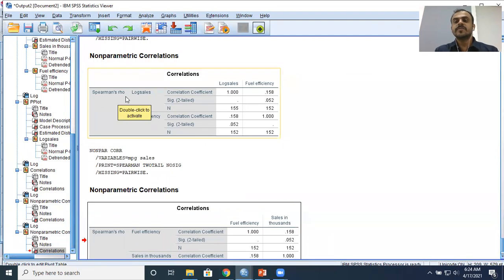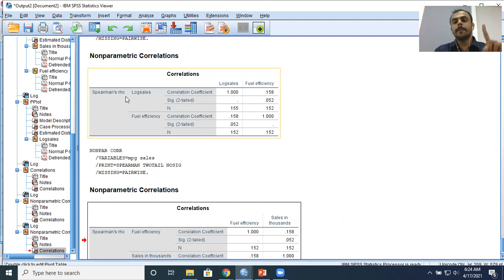To summarize the discussion, we have got different types of correlation, but for the purpose of this discussion, I'm just confining myself to Pearson's correlation and Spearman's rank correlation. Pearson's is a parametric type of correlation. Spearman's rank correlation is a non-parametric alternative to Pearson's correlation coefficient.